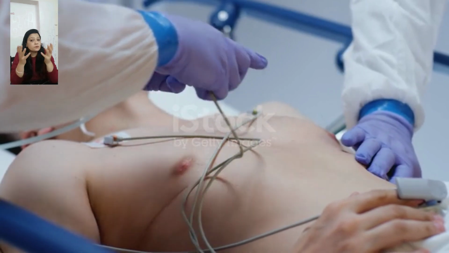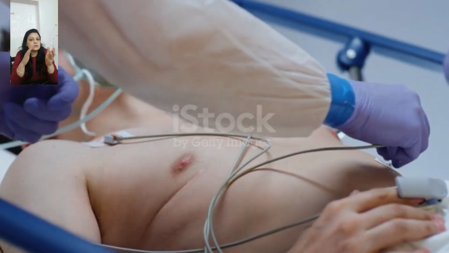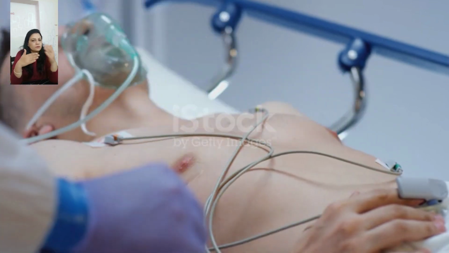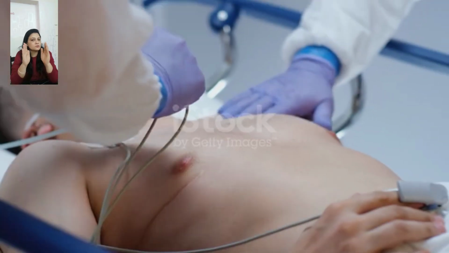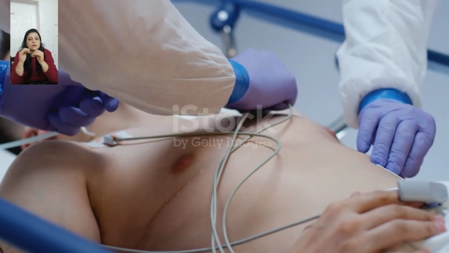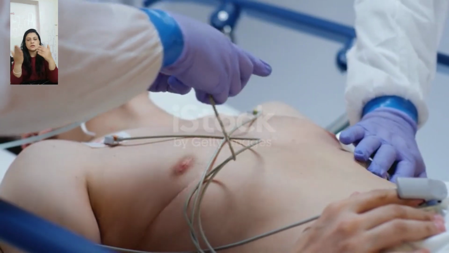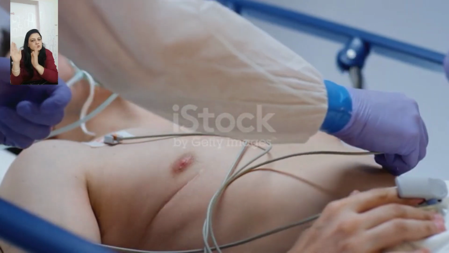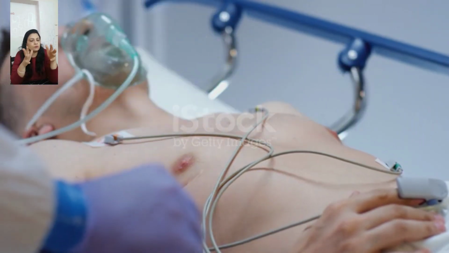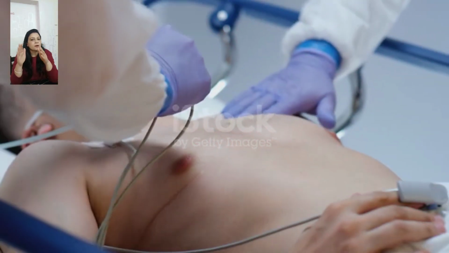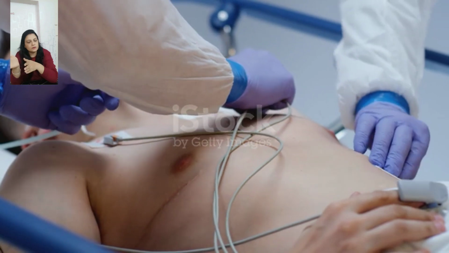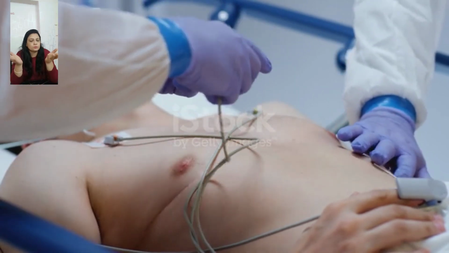But what is the pulse deficit? Pulse deficit is the difference between the apical pulse and the radial pulse. Normally the difference is 0, but if there is a difference, maybe there is some pathology. So these two terms are pulse deficit and pulse pressure. Pulse pressure is systolic blood pressure minus diastolic blood pressure, normally 30 to 40 mm Hg, but the pulse deficit is the apical pulse minus the radial pulse. Normally it is 0.